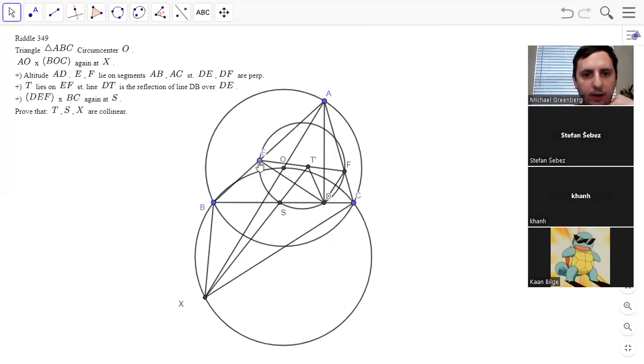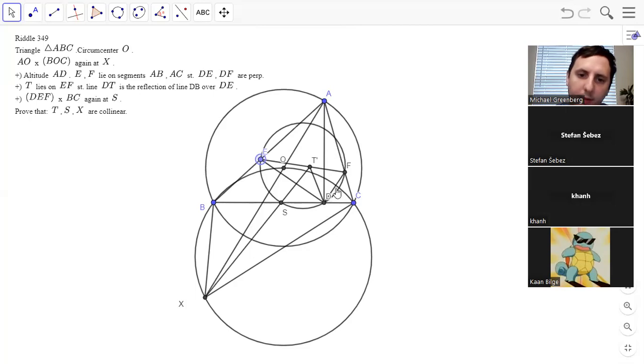It's kind of interesting. No matter where E is, X stays in the same place. So you have this circle, and EF is a diameter of that circle. And X is always in the same place, no matter how you move E. But you want to show that if XS intersects the diameter at this point T prime, then DE is a bisector here. But this is a right angle, so